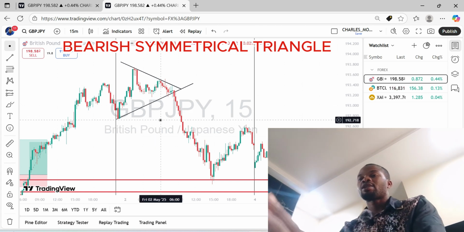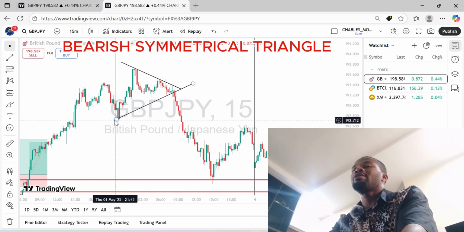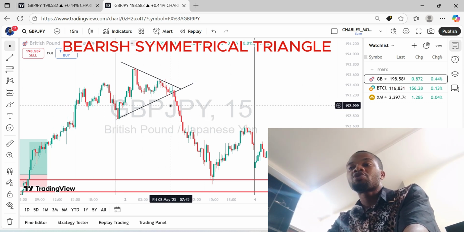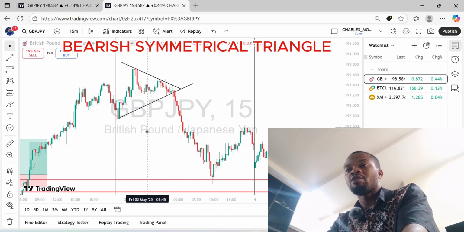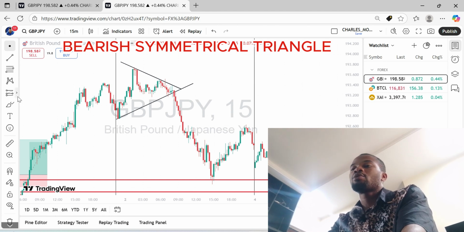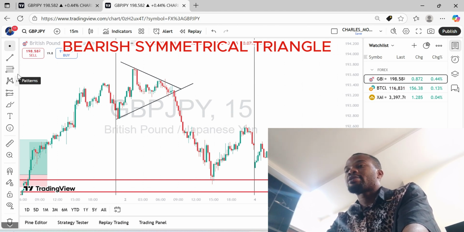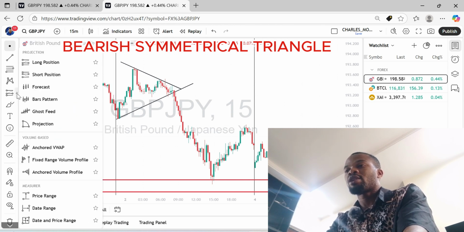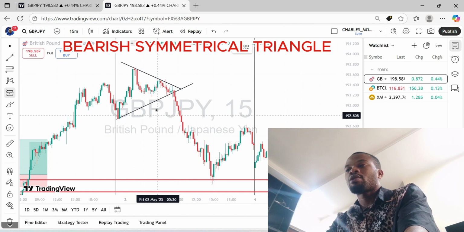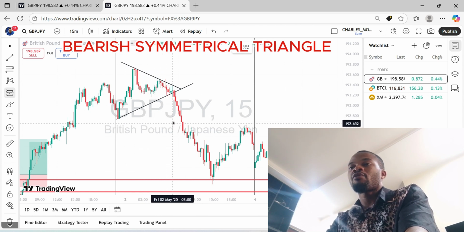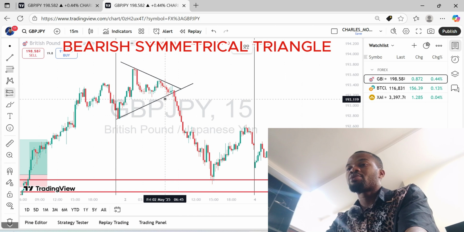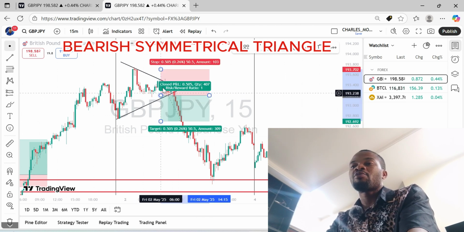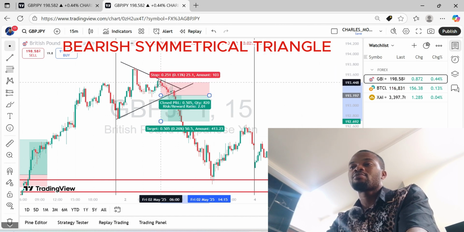But with this now, if you watch, automatically after taking this recent trend line below this little bullish retracement, the market broke this trend line. So as an experienced trader, you don't have any option other than to take the sell from that zone. Like no option, nothing to come and confuse you again. After the breakdown of this bearish candle, automatically I've already taken my sell from this zone, marking my